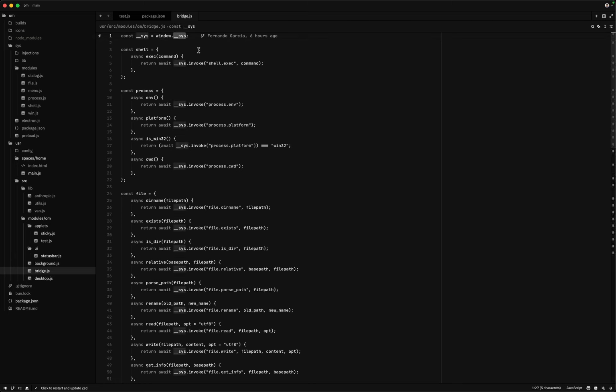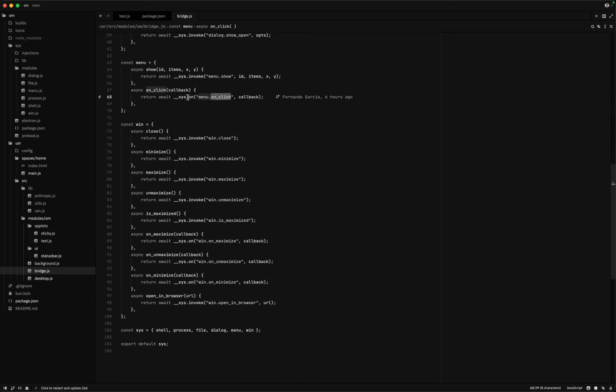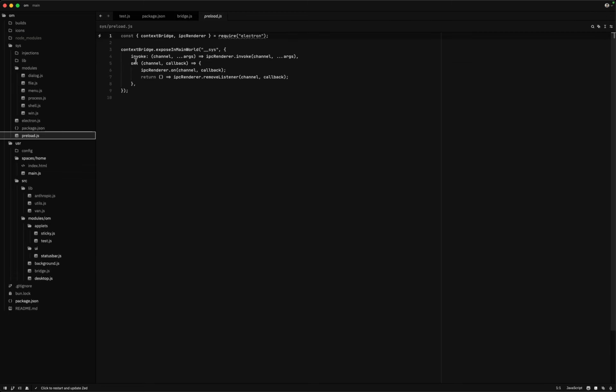This system is really just the Electron bridge. So you're essentially just invoking those, and the format is that you have the module name, then a dot, and then the thing that you want to invoke, or the event that you want to listen to, as shown here. This makes it very easy, because then your preload.js file is very simple. You just have two